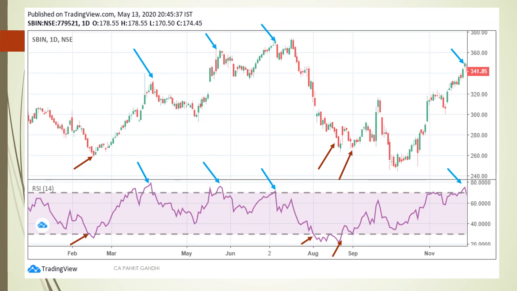Again the RSI crossed 70 levels. The price started to move from 370 levels directly to 270. That's a 100 point fall. We can see that in December also there was a 70 crossing. I have not shown the chart after December because it was the COVID period. It was a pre-indication that the fall is near. So this way we can use RSI overbought and oversold zones to take a trade and earn from it.